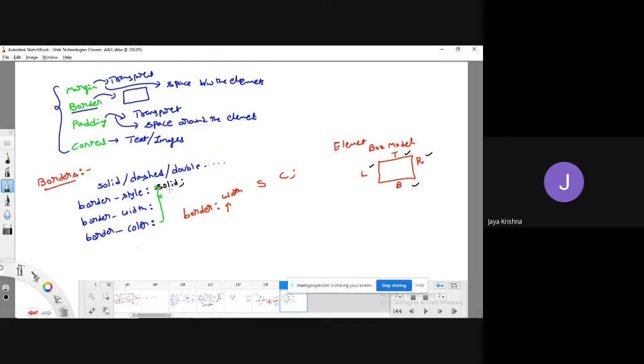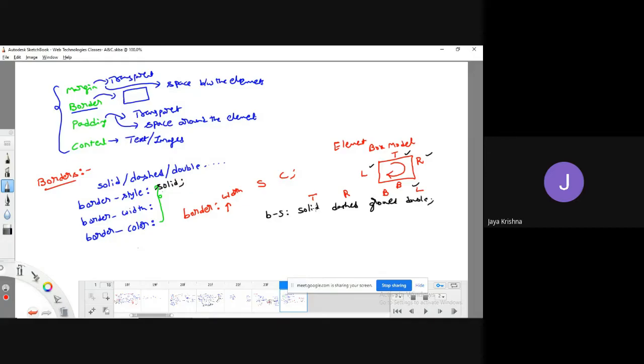For example, if I would like different kinds of border styles, then I can pass four parameters like border-style colon: solid, dashed, grooved, double. What is the meaning of this? As I have passed four parameters, the first parameter is the top border, the second parameter is the right border, the third parameter is the bottom border, and the fourth parameter is the left border. It goes in a clockwise direction.